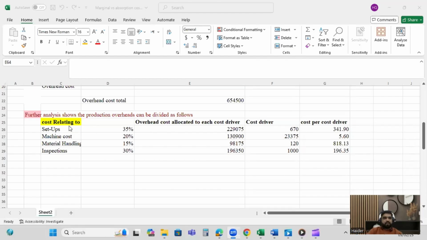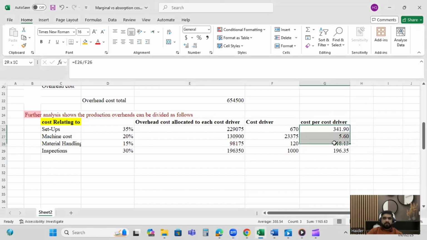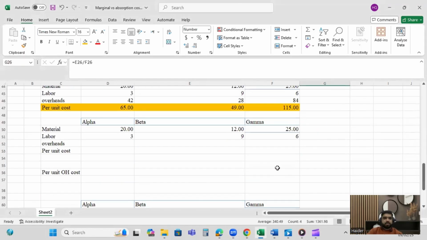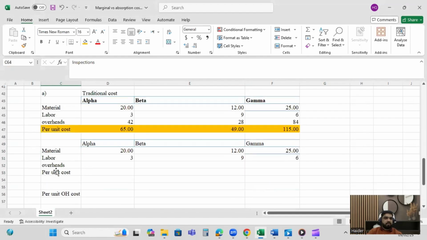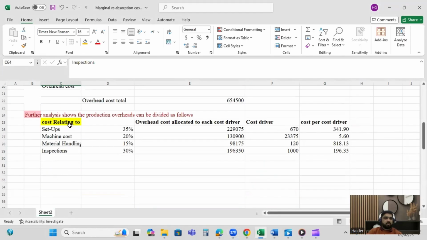After you have successfully calculated the cost of each cost driver, what you need to do is calculate the cost of each cost driver for all the products: number of setups, machine hours, material handling, and inspections. So let's calculate that. The first was number of setups. Per setup cost was